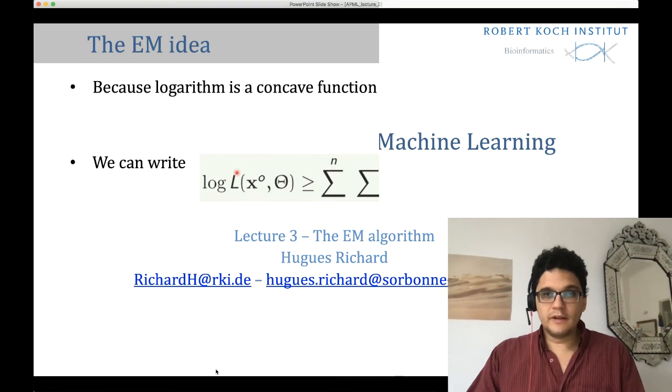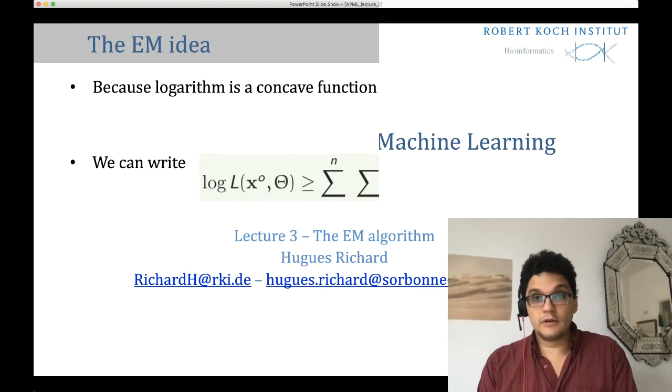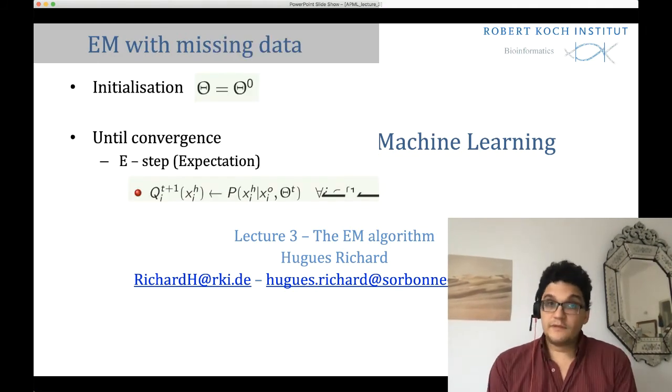And so in that way, we have our log likelihood, which is bounded as a lower bound from a simple linear combination of posterior probability of hidden values, so ponderation, over here a term which we will see is simply a log likelihood. So this is the idea with EM, is that we will